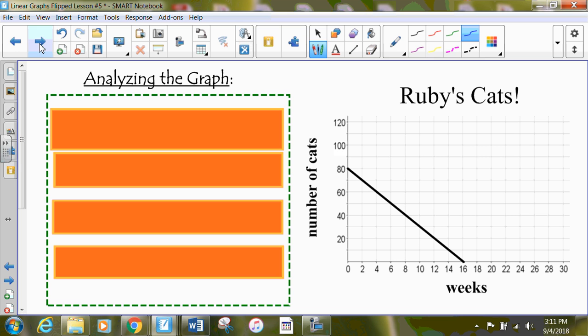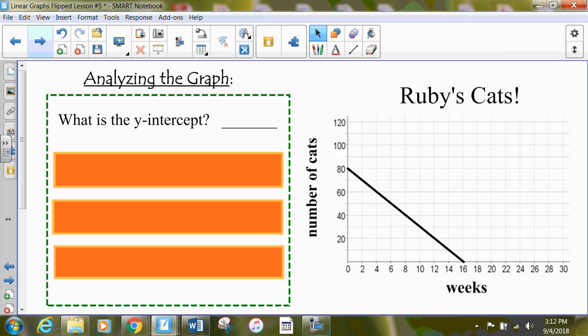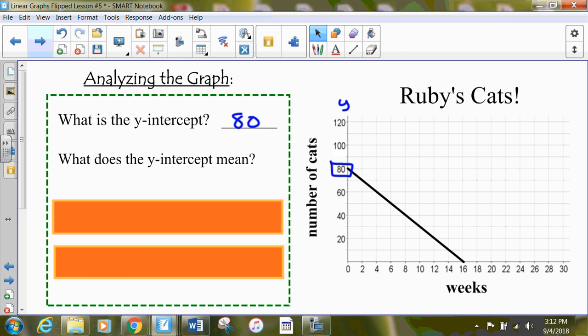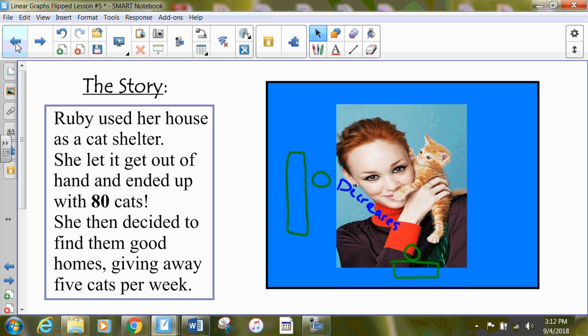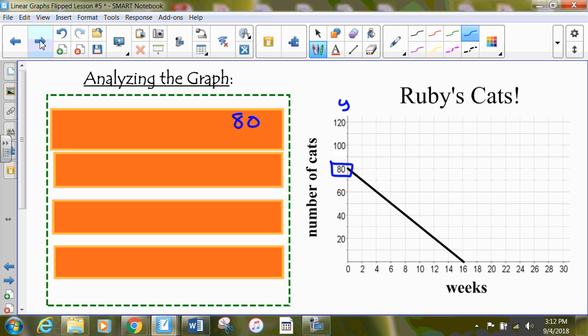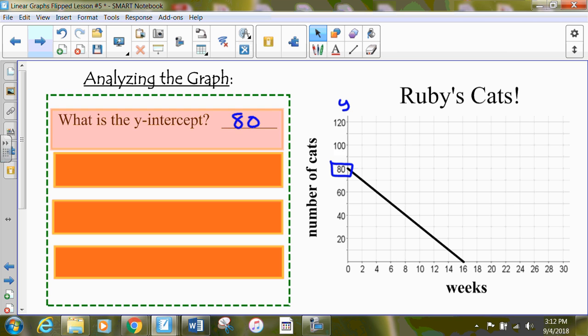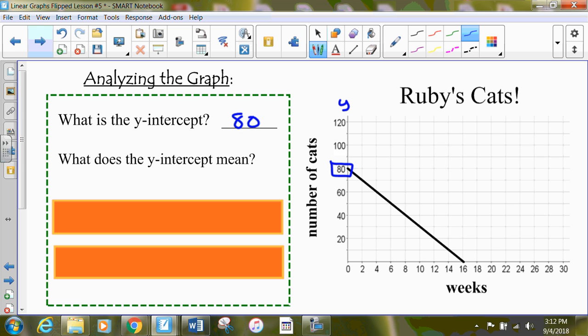So when we analyze it, we're going to be looking at some specific things. What's the y-intercept? We identified it's 80. So here's my y-axis, and the y-intercept is 80. So what does the y-intercept mean? Well, if we go back to the word problem, looking at the words, we notice that after she let this whole cat shelter thing get out of hand, she ended up with 80 cats. So that's part 1 of the story. Part 2 of the story says, okay, now she has 80 cats. Then what happened? So when we're looking at what the y-intercept means, it actually means in the beginning she had